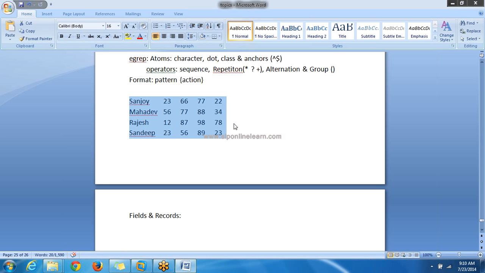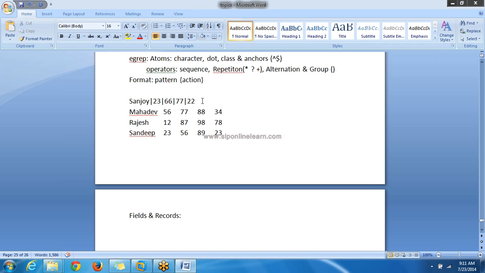The field separator is tab space. In the AWK command, tab is the default field separator, so we need not specify it explicitly using the minus capital F option. If the file is separated with some other symbol like pipe, then you need to specify the field separator explicitly using the option minus capital F. Capital F is the field separator.